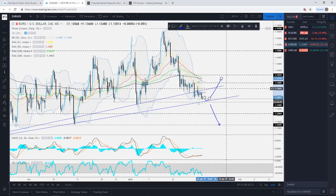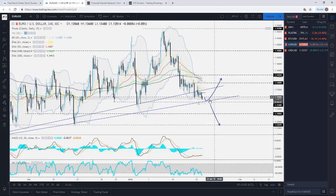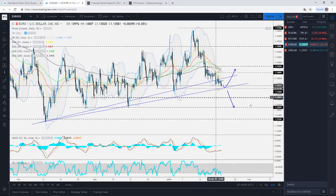So basically what I'm trying to say here, guys, is keep an eye on this upside support line for now. Let's see how it performs. Don't rush into it yet. For those who are more on the cautious side, you could wait until we see a nice good close on the daily candle. I do understand this is a 4-hour chart, but on the daily candle,